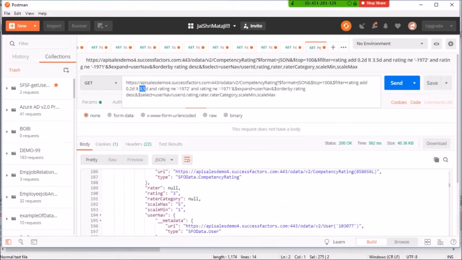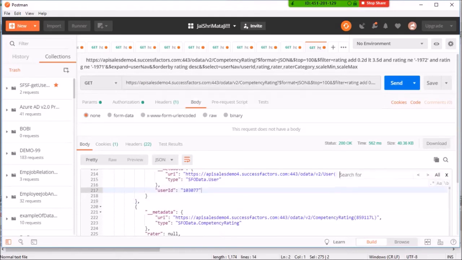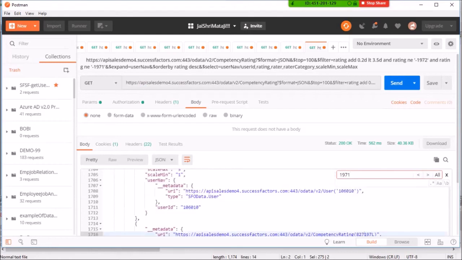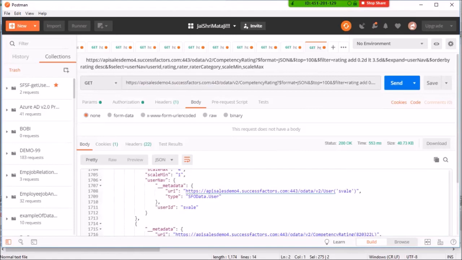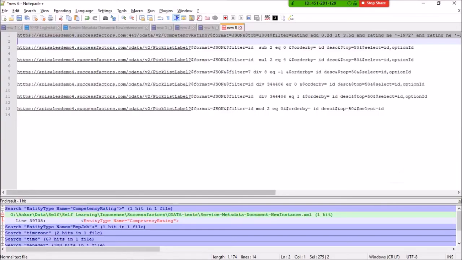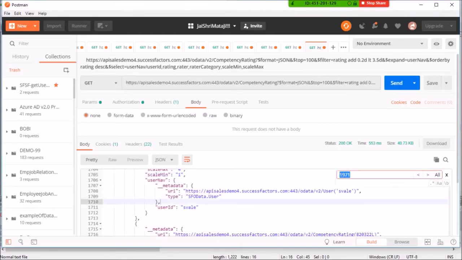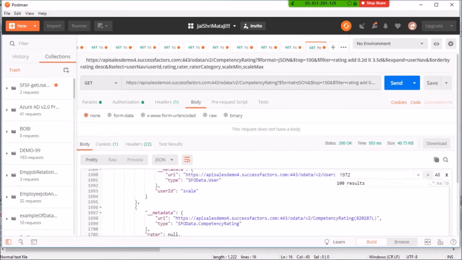Another thing we can see here is rating not equal to -1972. Is there any value coming with 1972? No, it is not coming. Even for 1971 it is not coming. But let's remove this particular clause, save the filter criteria and search again.